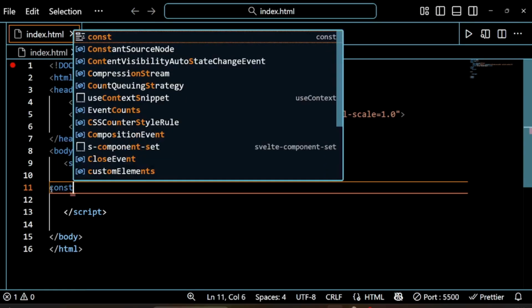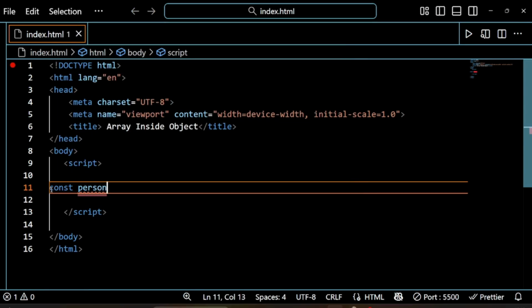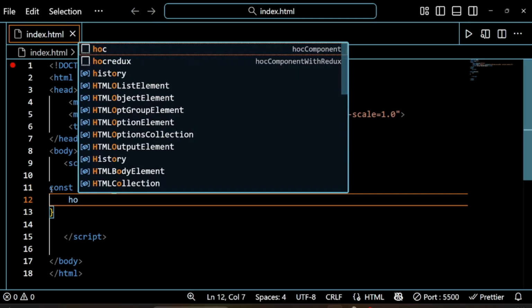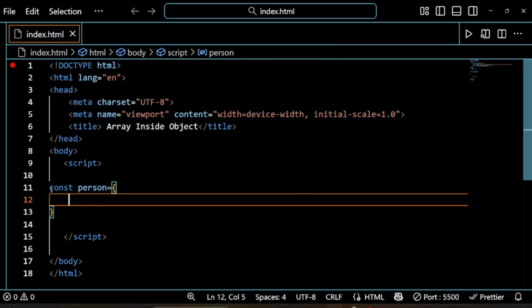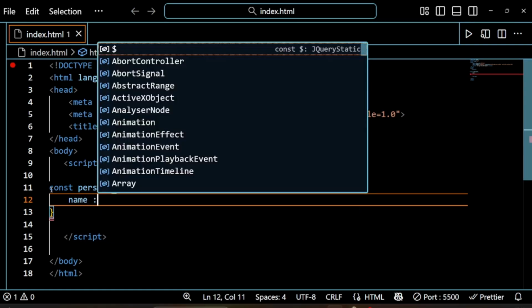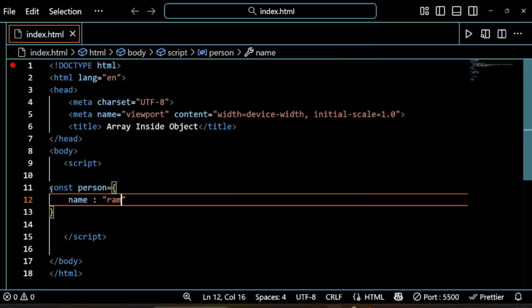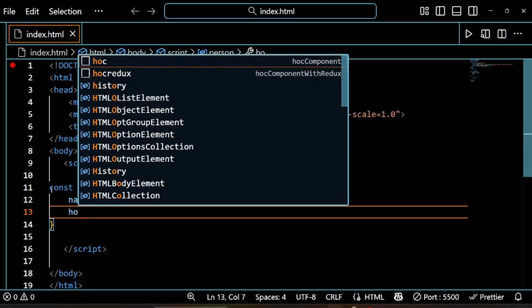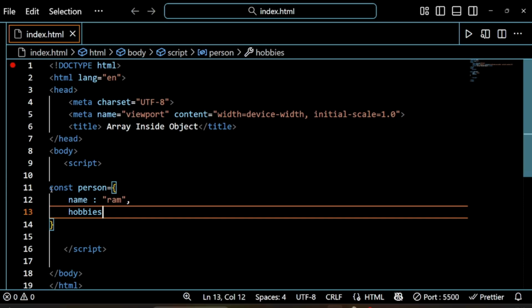I'll write const person equals to, and inside this object I'll write name. We'll call it Ram. Then inside this we'll create hobbies, but in arrays. So I'll write hobbies equals to,